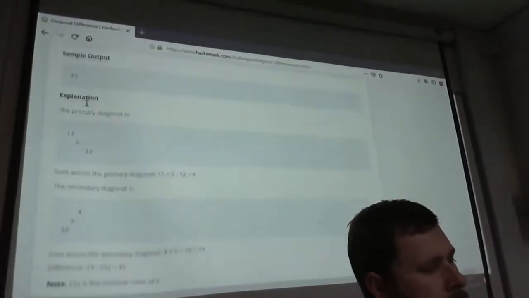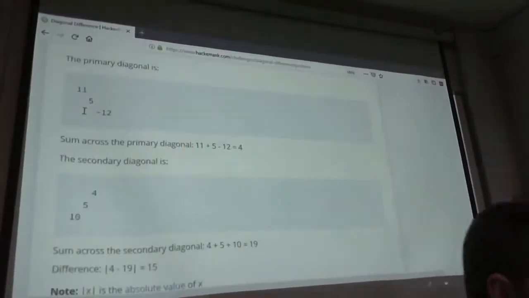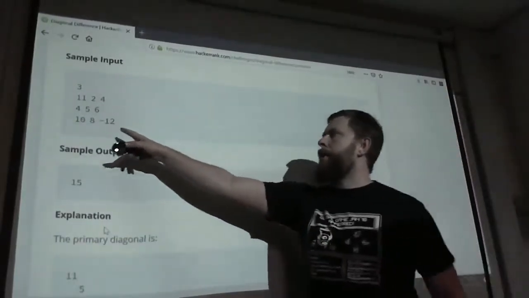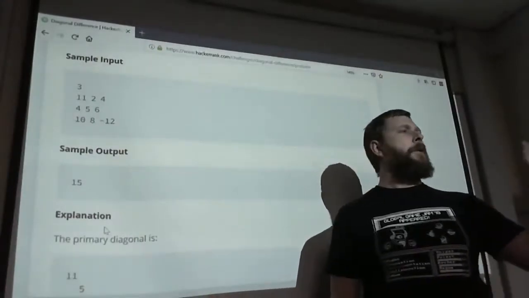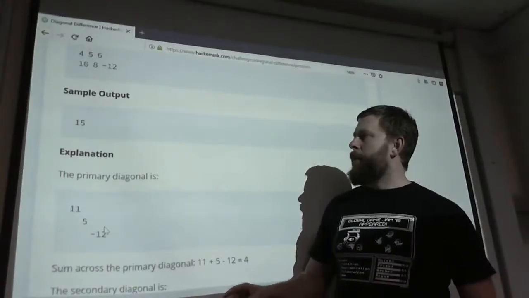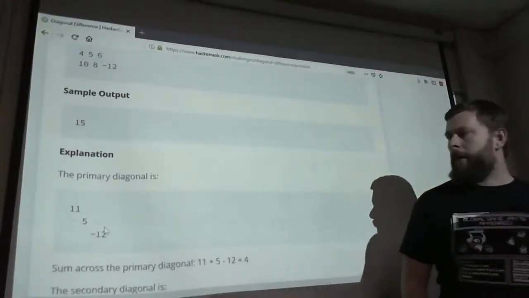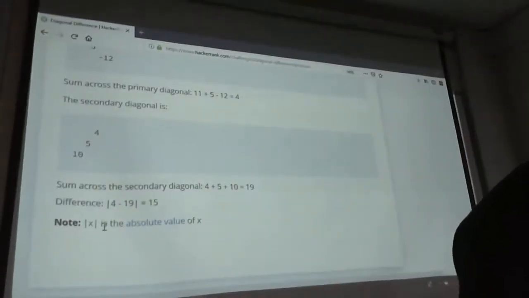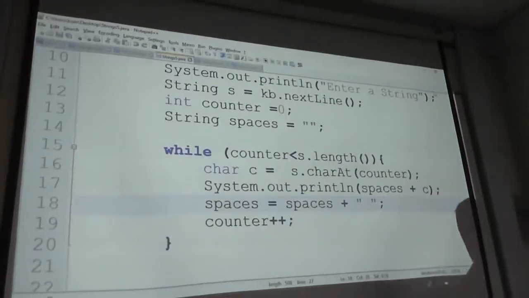Okay, this is not exactly it, but I got them to enter in a matrix. So we have a 3x3 example here. And the idea is to enter in one number, it would randomly generate this. And then what it would do, it would work out the diagonal going from left to right, and then the diagonal going from right to left. So it is possible that I would ask you a question that would involve you doing it more complicated, that you would start on the far side and work your way back. If I was to do that,